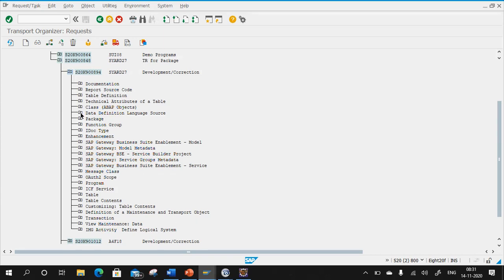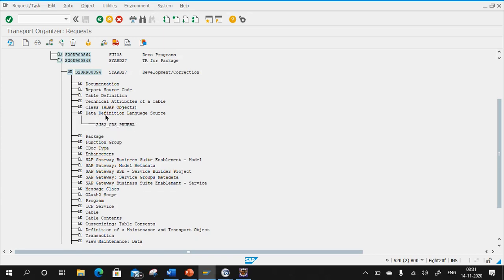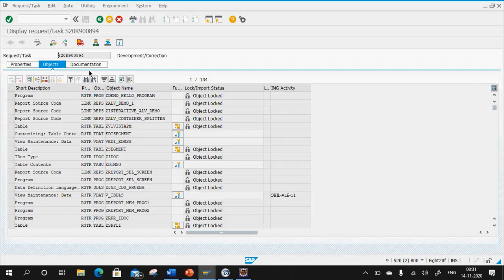Now here, what I mean is, whenever you are creating a CDS view and you want to see it in your TR, it will store only your DDL source name and nothing else. In your TR, it stores the data definition language source.